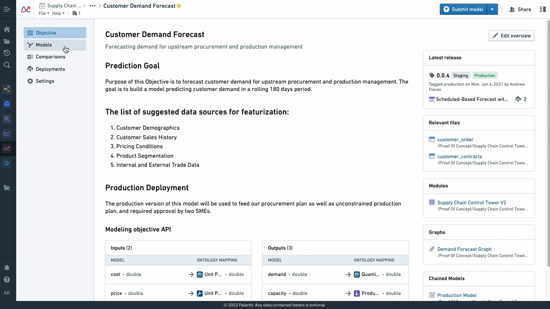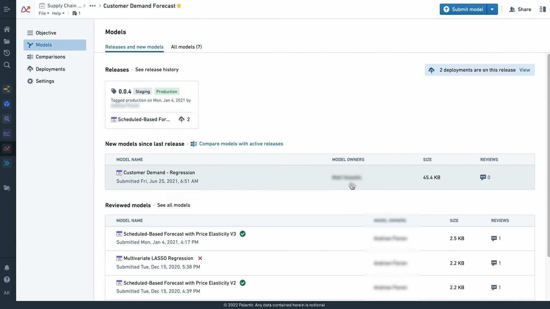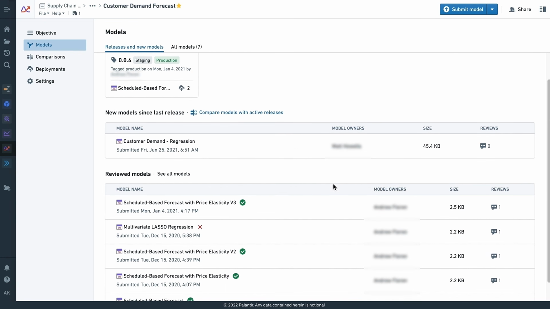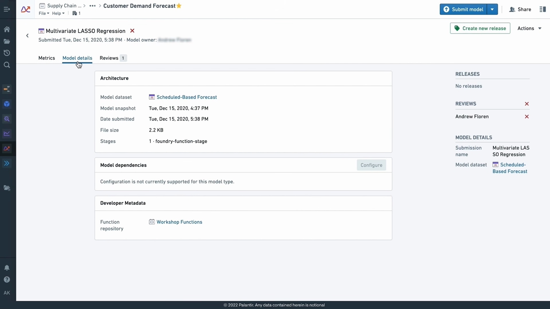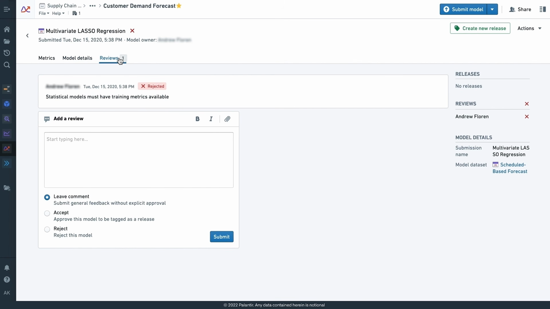And I can go in on the sidebar here, for instance, and take a look at all the models that we've proposed to be deployed against this objective, right? And I'll see some from my colleague Matt, some from my colleague Andrew. And I can always look back in time to say, okay, for this Lasso model, we can see the details about where it was built, when it was built, and also if it was rejected, why that was. And so the full life cycle around the approval process, like we saw with data, how we're treating data like code. We're also treating models like code in the same way, the metadata around the approval process.